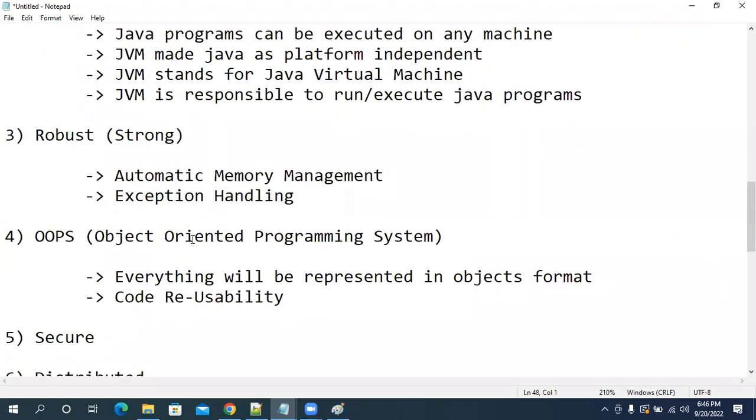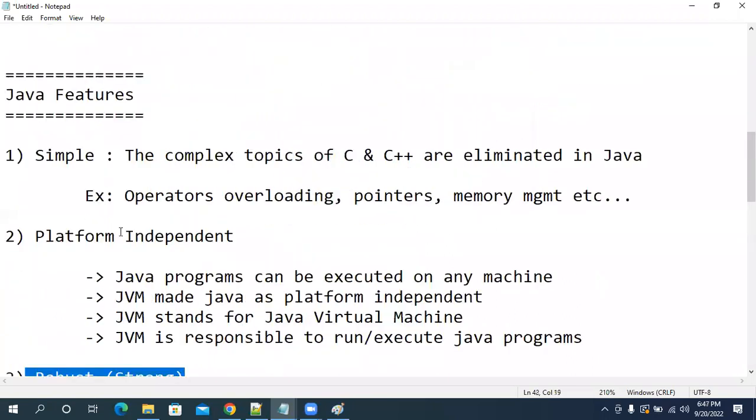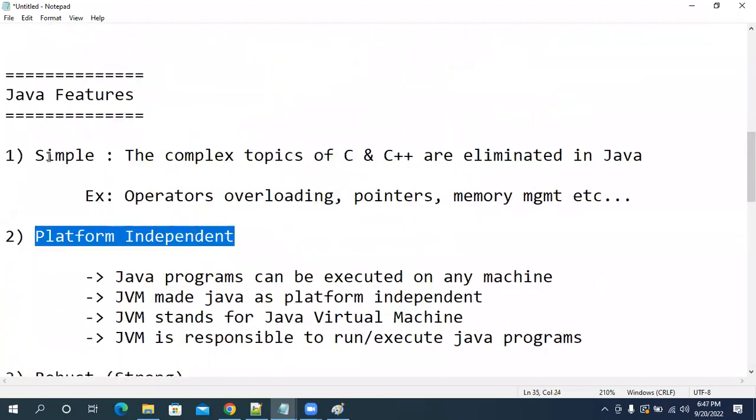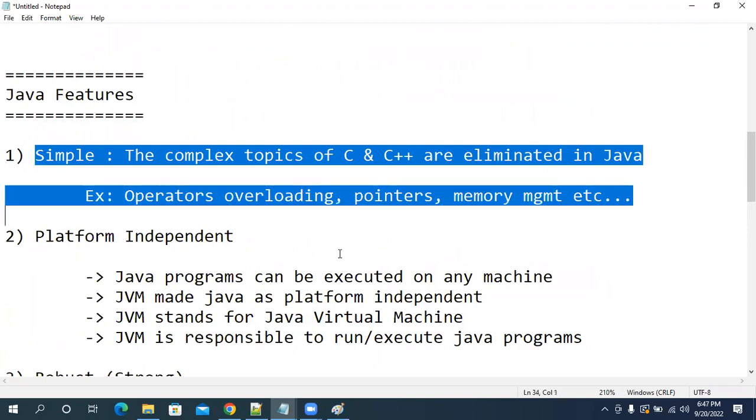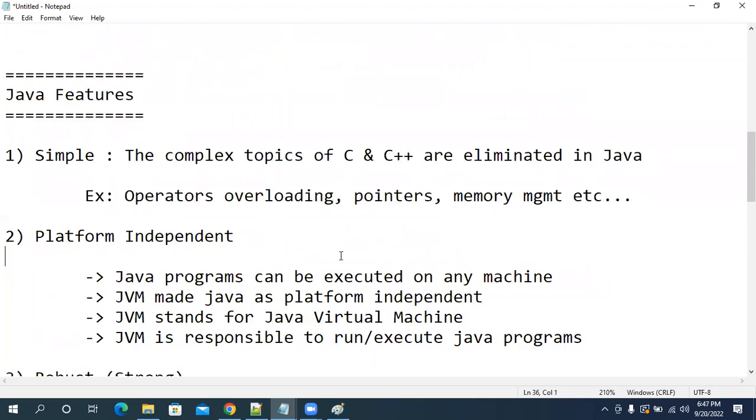Just for names: inheritance, polymorphism, encapsulation, abstraction. Those are the 4 pillars of OOPS. Our Java is supporting those principles. Java is robust. Java is platform independent. Java is simple. Are you guys clear?